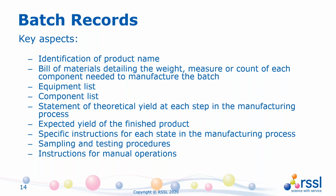And there are some general points for any batch record, be that sterile or non-sterile products, that are important to have in place. So we need to have the identification of the product name. We need to understand the weight, measure, or count of each component used in the manufacture of the batch. We need to know what equipment was used and whether that equipment is qualified, all of the components. We need to have an understanding of the yields at each manufacturing step and the expected yield of the finished product. We also need specific instructions for the state of the manufacturing process, the sampling and testing procedures, and any instructions that are going to give insight into any manual